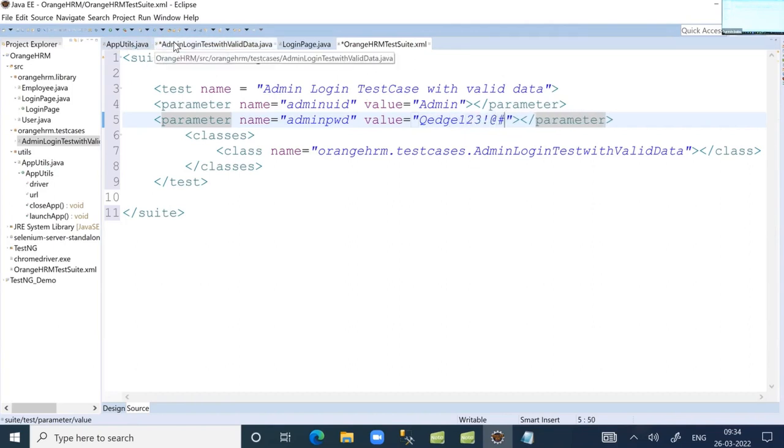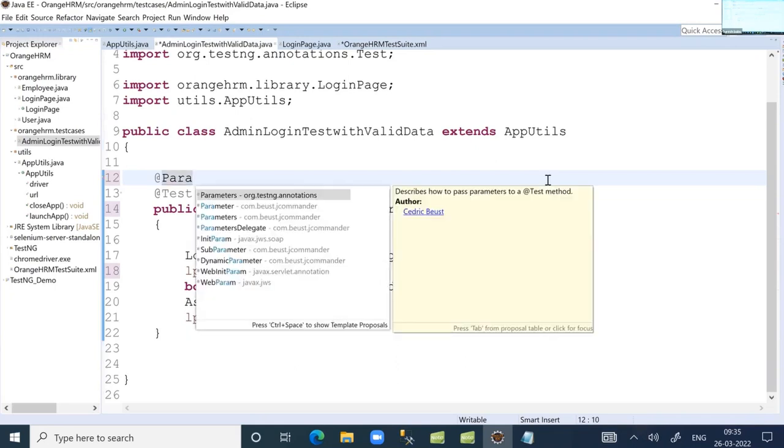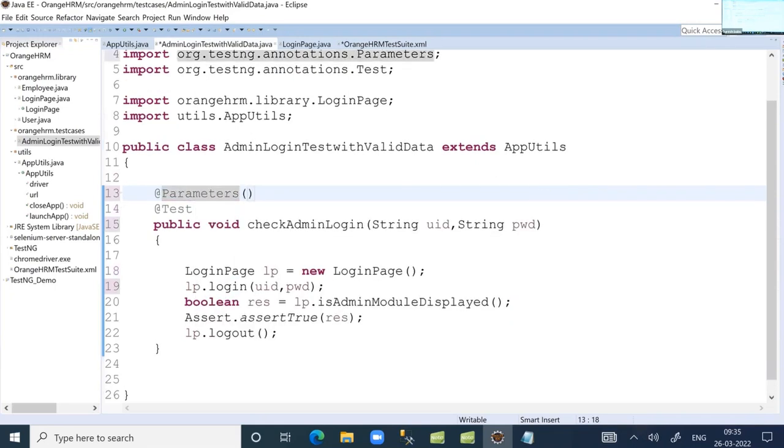Right, these parameters we have to access in the test case. Tell me how? Using the Parameters annotation, open and closing parentheses, open and closing flower brackets. Parameter names should be separated with a comma. What are the parameter names there? We are accessing the admin UID parameter value using the Parameters annotation. This will be supplied to the first argument,